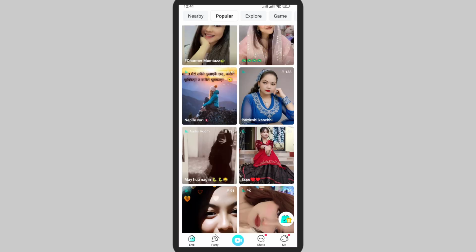Now later when you open the app or even use it, the notification will pop up when they go online and you can easily watch their